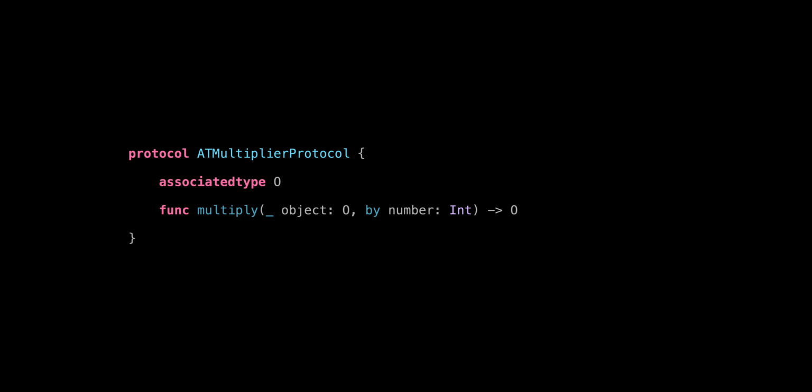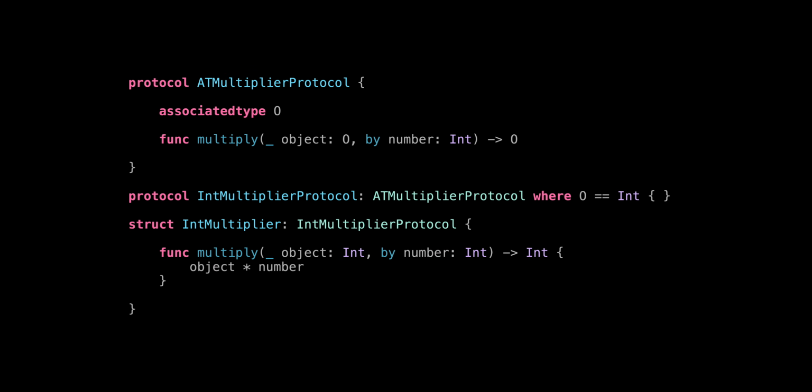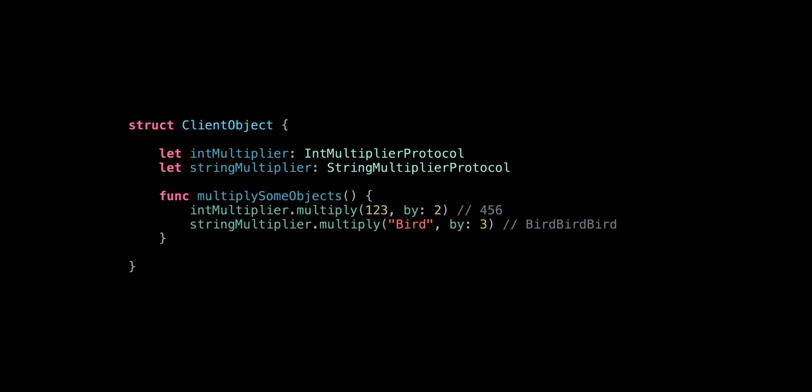One of them is the client object. You basically have to de-abstract the protocol by fixing its associated type in place. You declare a new protocol, and you use this where condition to tell the compiler that the associated type will always be an integer from now on. Then you repeat the same steps for strings. After that, you go back to the first option that I showed. As a result, you get to use the protocol as an existential type, but at the cost of having more